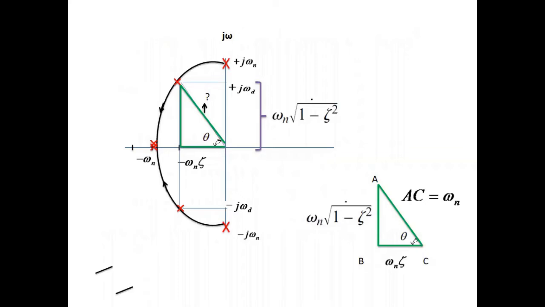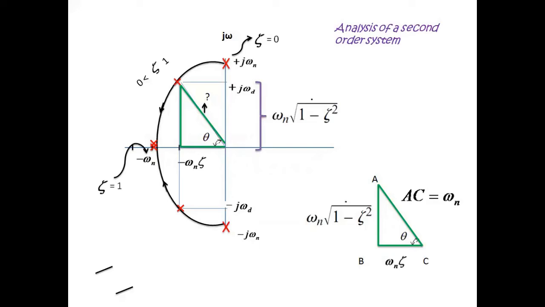During my previous lecture, we derived the roots of the characteristic equation for different values of zeta. When zeta is equal to 1, the two roots are imaginary, and when zeta is equal to 0, the roots are real and identical. And when zeta is between 0 and 1, the roots are complex conjugate. And when zeta is greater than 0, the roots are real but not identical, they are distinct. Then we plotted the roots in the S-plane for all conditions of zeta.